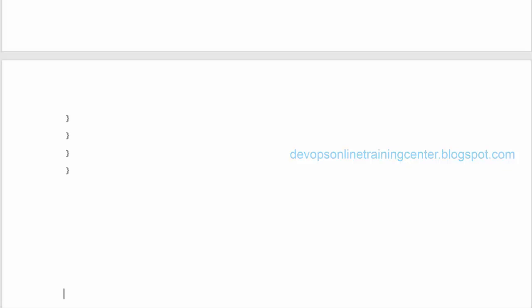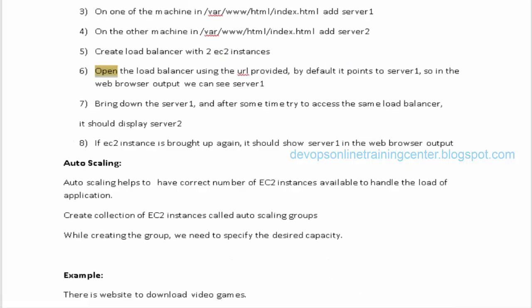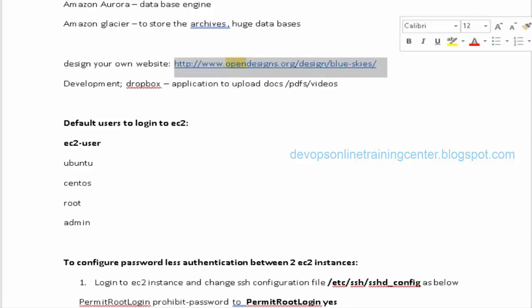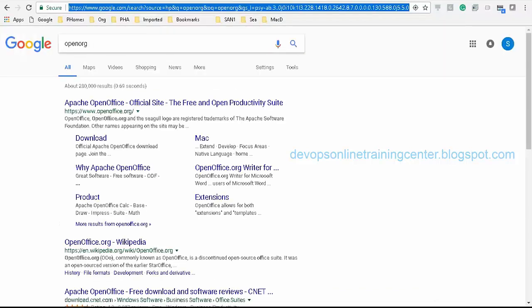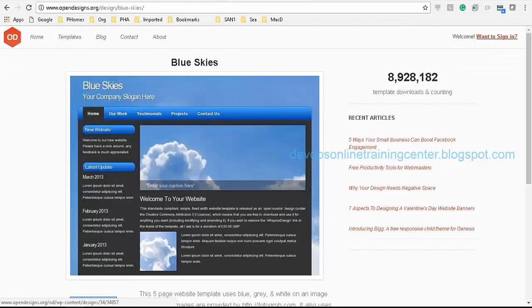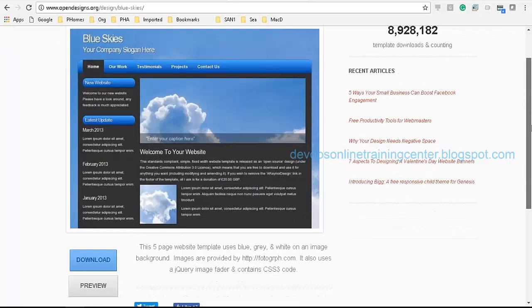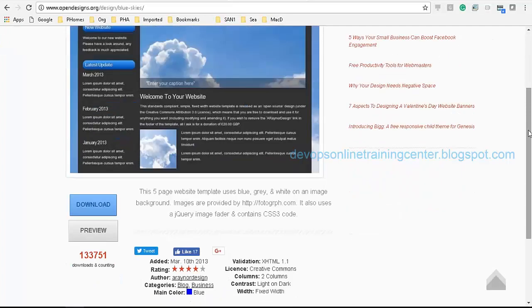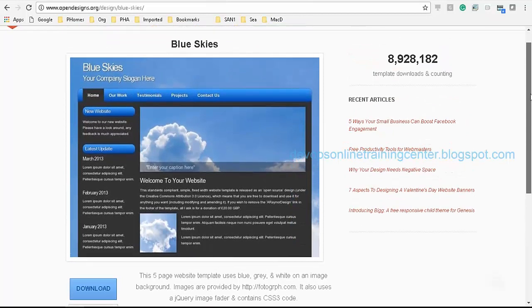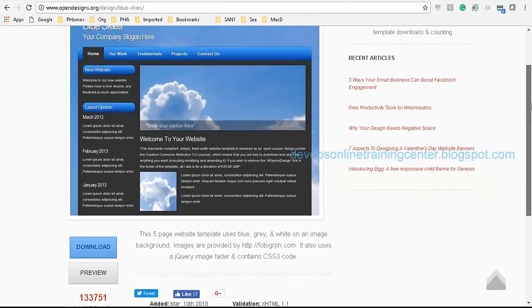I think you mentioned that there's a similar thing in Amazon. Maybe I'm mistaken. You said there was something similar in Amazon to deploy web servers. No, at least I'm not aware. So this is just to deploy a real-time website using